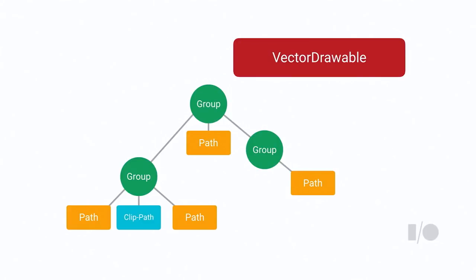It's basically just a tree structure, and it's quite similar to SVG, but simpler. All the internal nodes here are the group nodes, and they are used to describe the transformation information like scaling, translation, or rotation. And the leaf nodes are the path nodes, and they are used to describe the geometry and